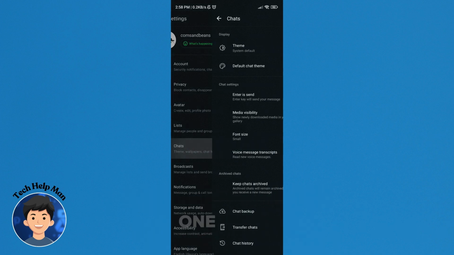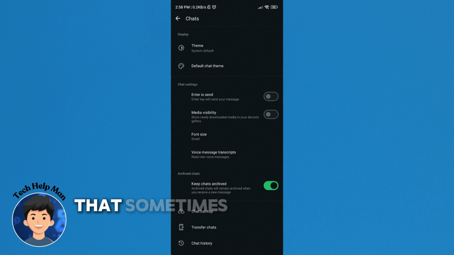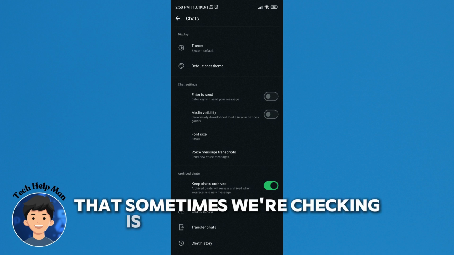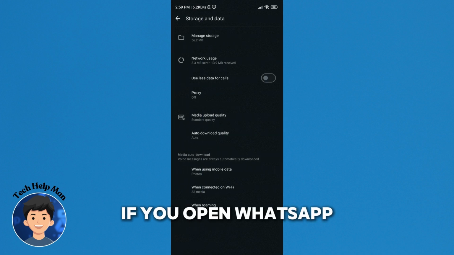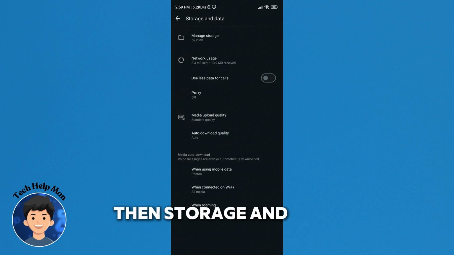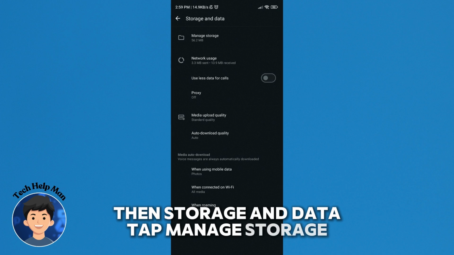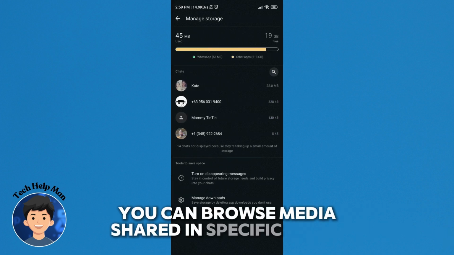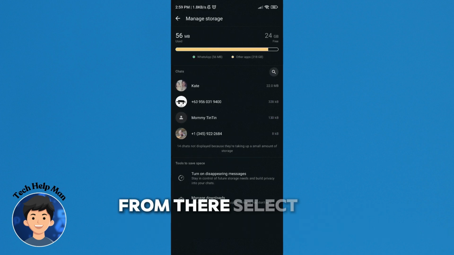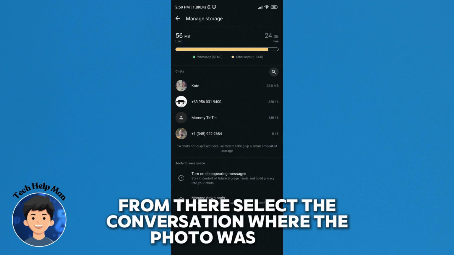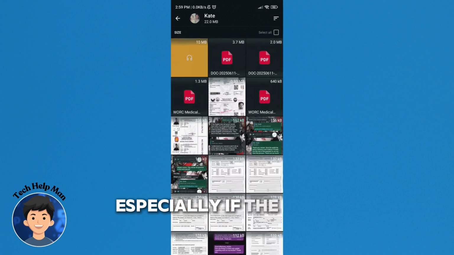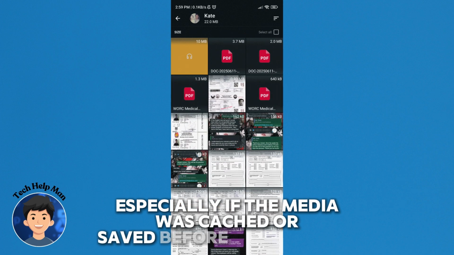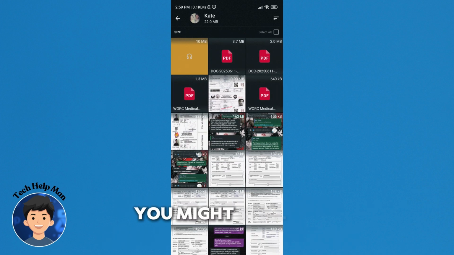However, one place that's sometimes worth checking is WhatsApp's storage management section. If you open WhatsApp, go into settings, then storage and data, tap manage storage. You can browse media shared in specific chats. From there, select a conversation where the photo was sent and review the stored files. In rare cases, especially if the media was cached or saved before being viewed, you might still see it there,